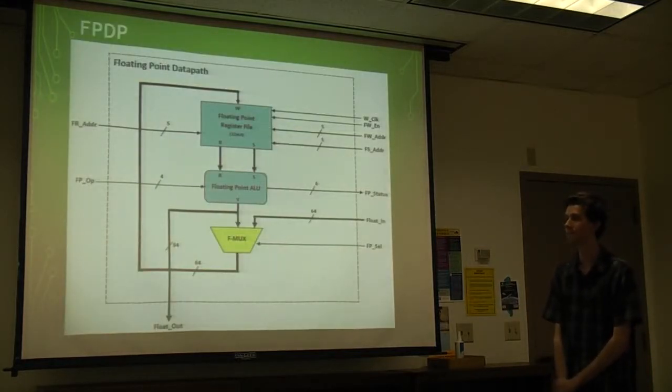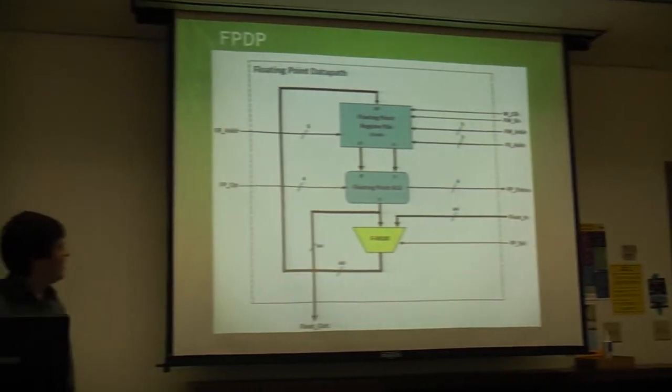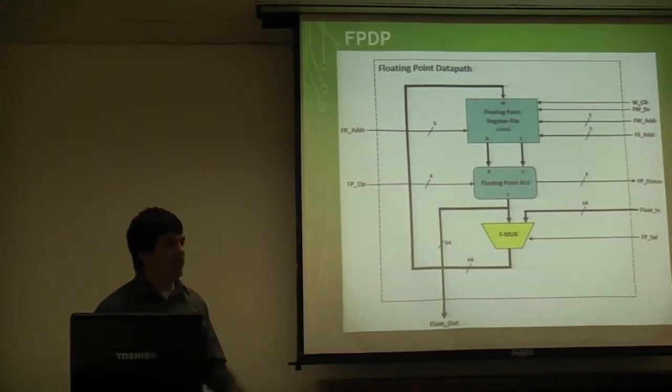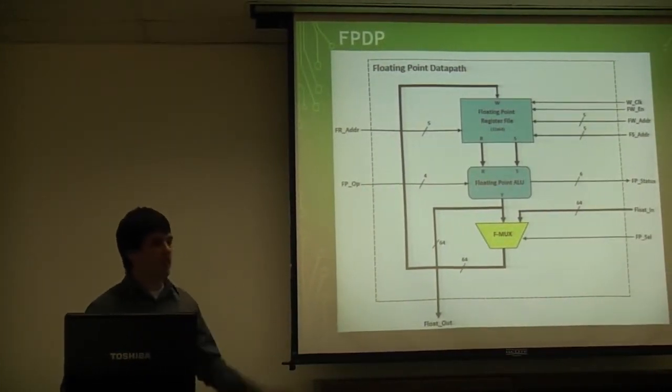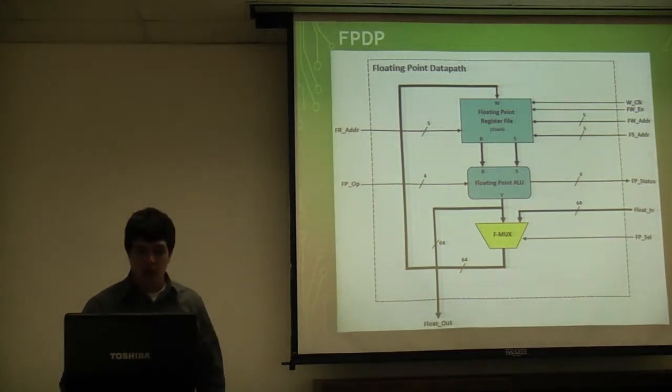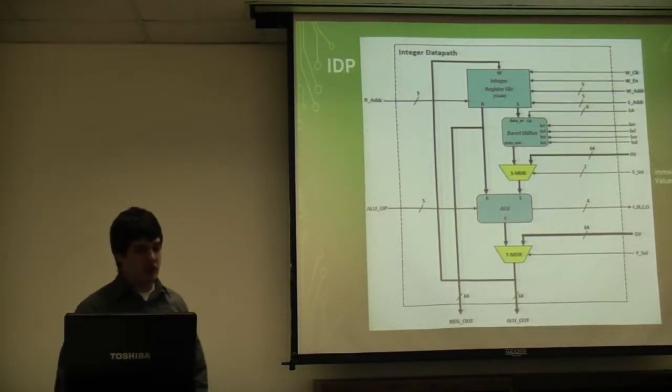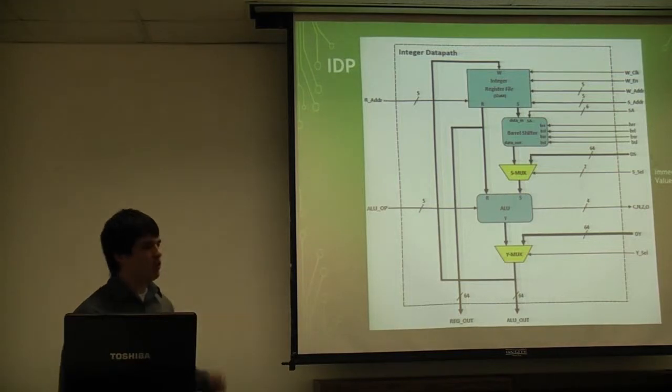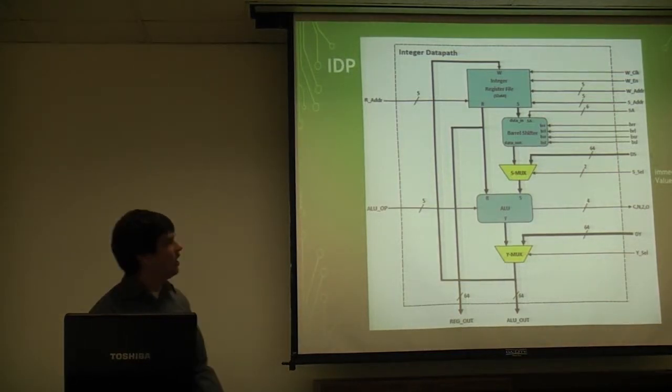So that was the BIU. It is very important to us. So this is our floating point data path. It has not changed from the baseline, but we felt we should include it in this report, just in case anybody has any questions. Now, our integer data path has one important difference from the baseline, and that is this